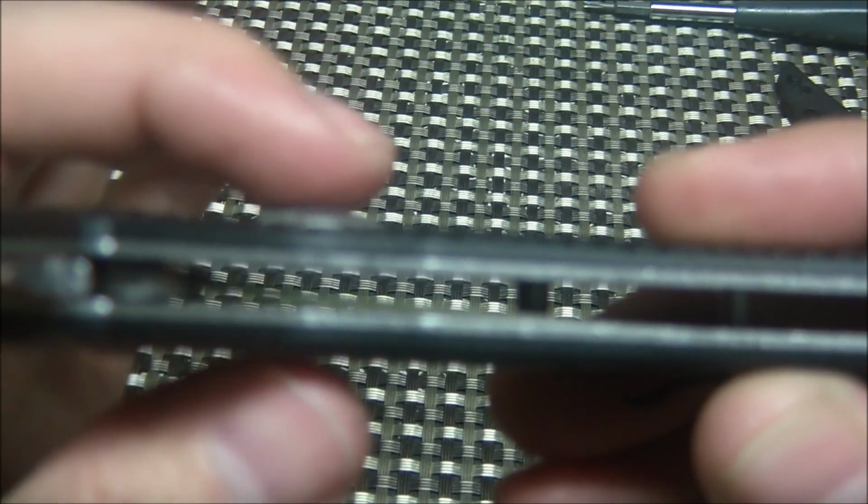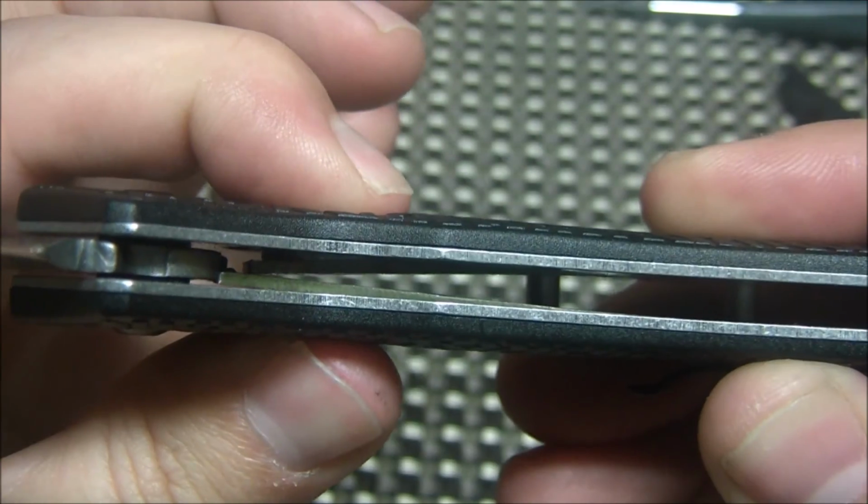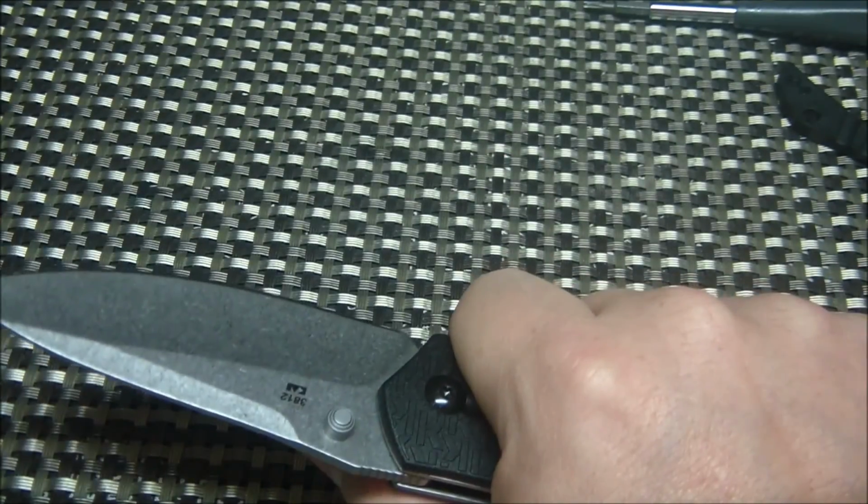So let's do that again. See if we can get the focus in there. It's just not focusing. There we go. Push that in. This engages the lock. Close the knife. So I understand the concern of